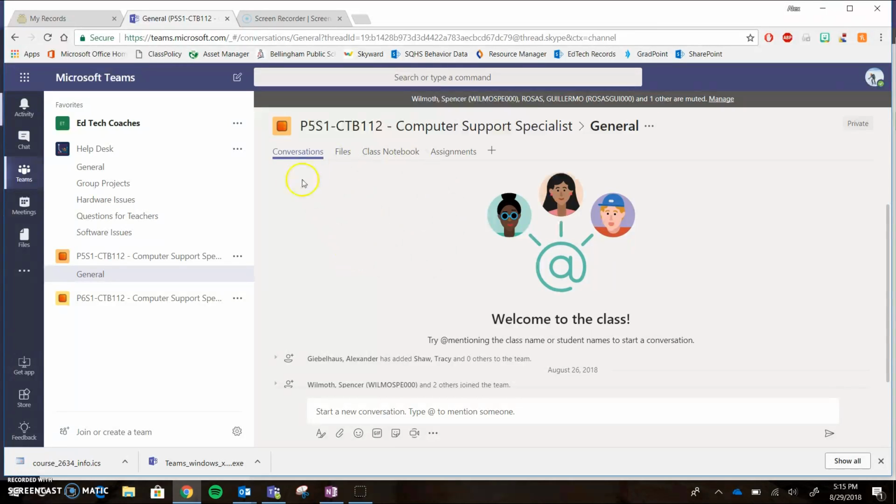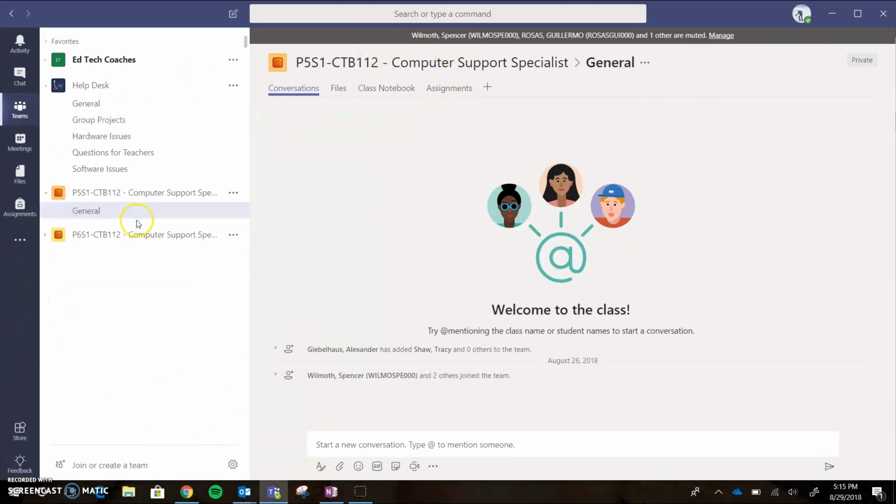So I'm actually going to switch out of the Office 365 app version on the web and go down to the app. If you don't know how to download the app, you just go to Get App right here, and then you will just double click once it's finished downloading. So I'm going to go to the app, and basically your channels are meant to help organize your conversations in